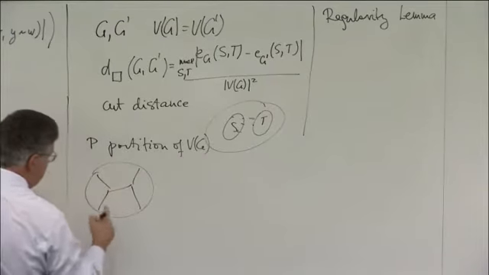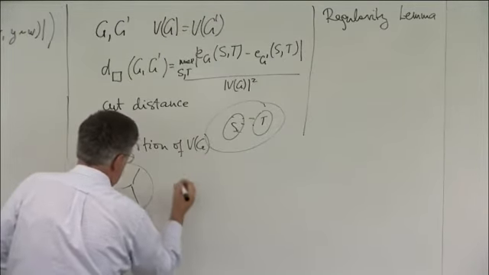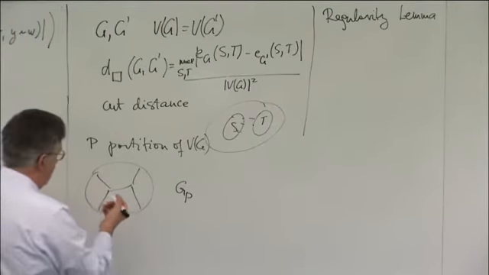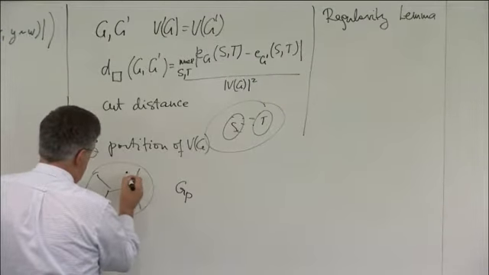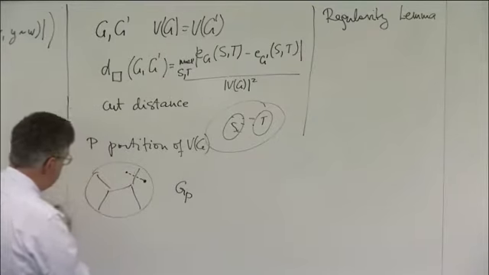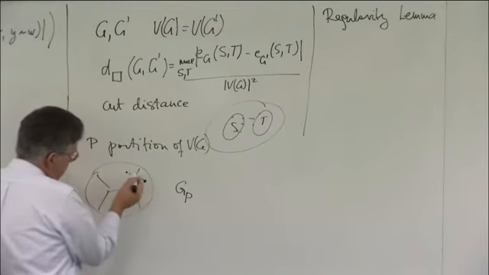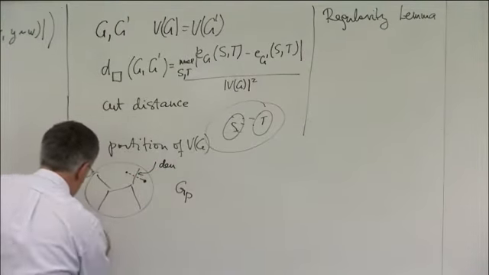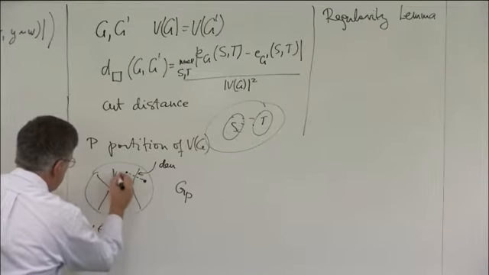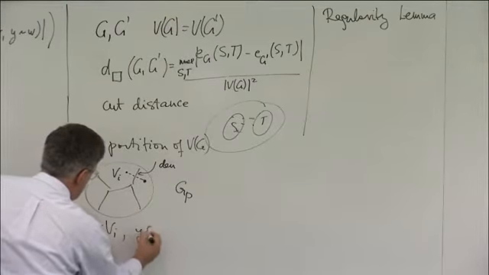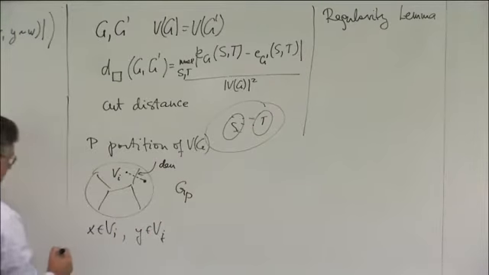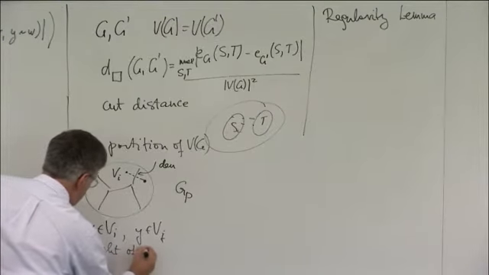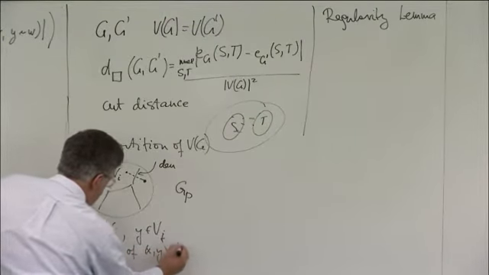And then I would like to define another graph, G sub P, on the same node set, but now this is a complete graph with edge weights. And if I take two nodes, then the edge weight would be the density between their classes. So if x is a node in class Vi and y is a node in class Vj, then the weight of the edge xy in this